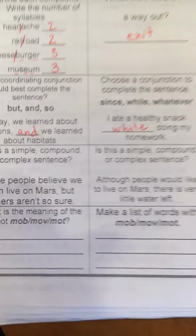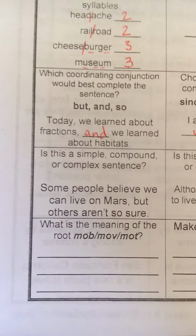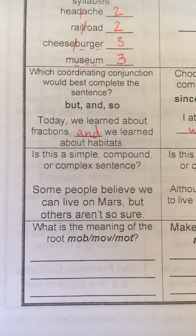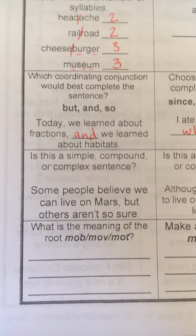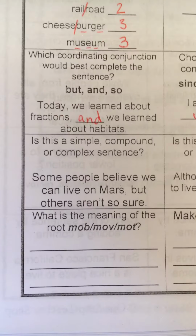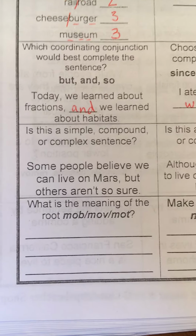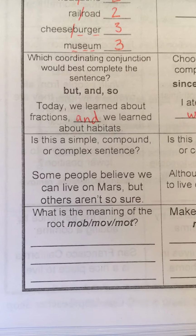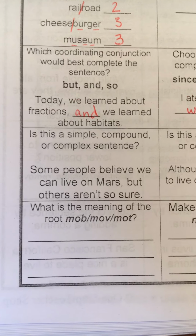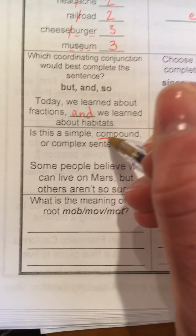Okay. Next, these are complicated, simple, compound, or complex sentences. So I have a separate video on how to solve these. I'm just going to go through and answer these quickly. And then for more directions, look at that other video. 2 other videos, in fact. Some people believe we can live on Mars, but others aren't so sure. This is a compound